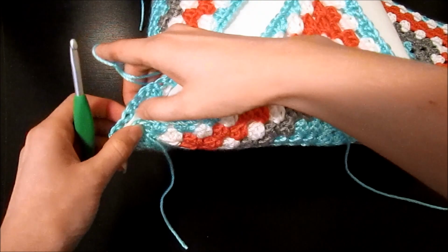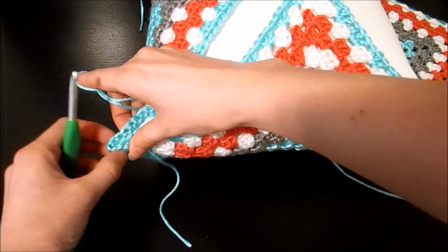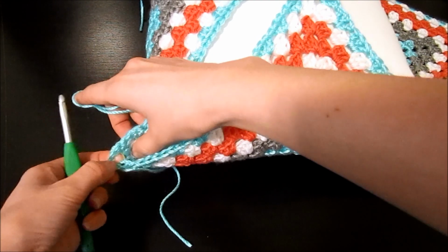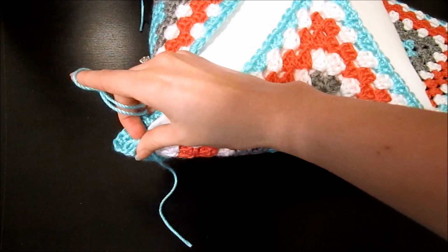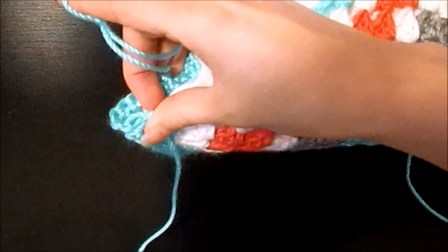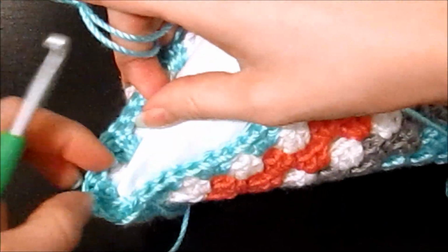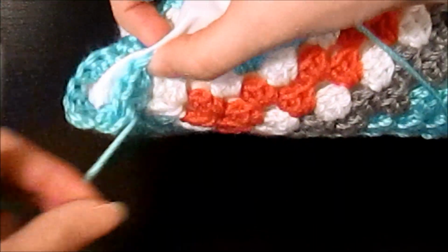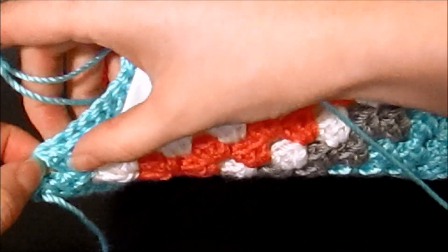and now in this case, since we're working in a corner, we just have 1 chain gap space to go through. We don't have 2 like we did before. So I'm going to zoom in so you can see what I'm working through here. Since we don't have that corner, well, 2 corners to put together, I am simply going to,